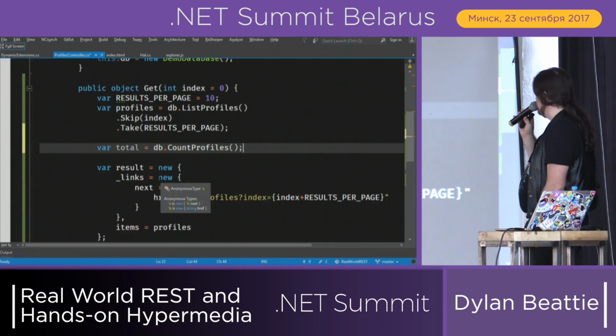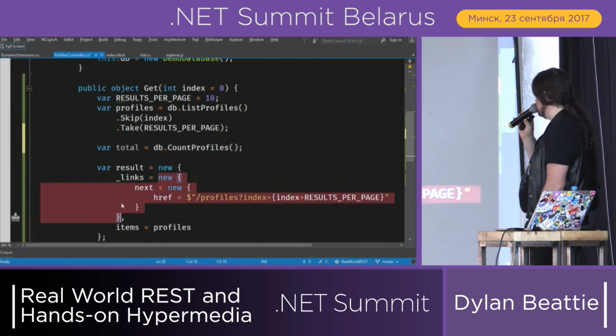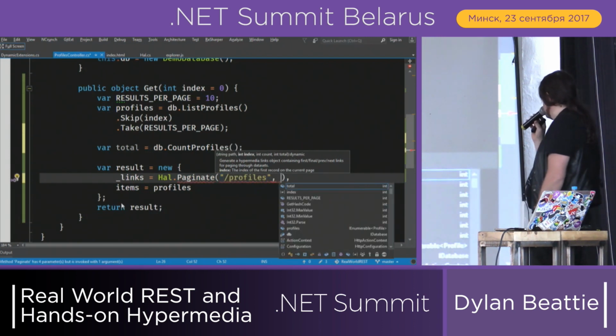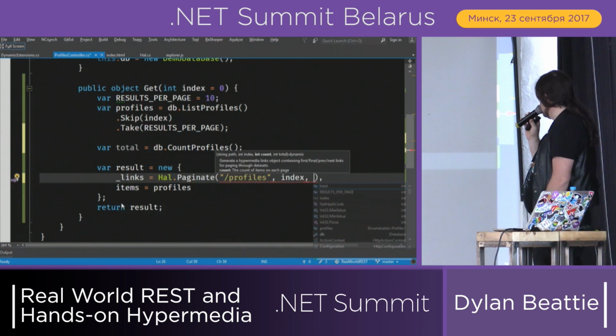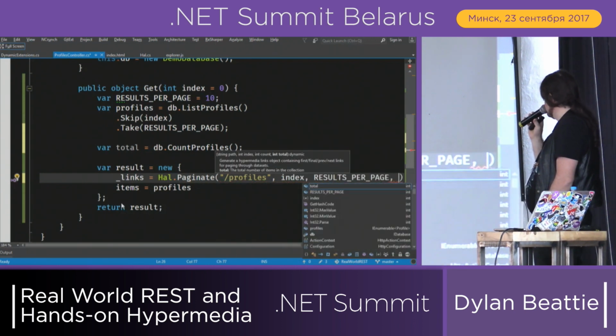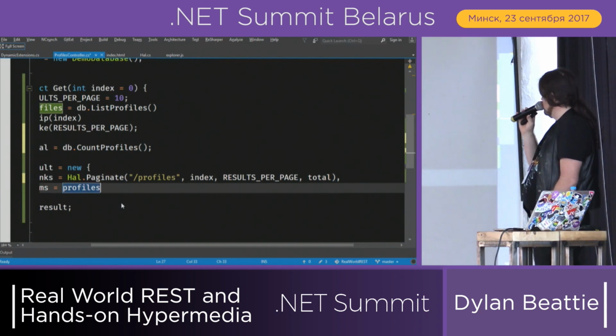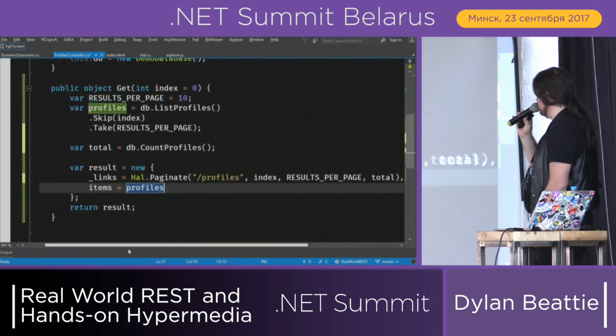So we have a method on the database that tells us the total number of profiles we've got, so we can use that in our calculations. Plug in the paginate method, give it the path that we're paging backwards and forwards through. And then when we build and run this,